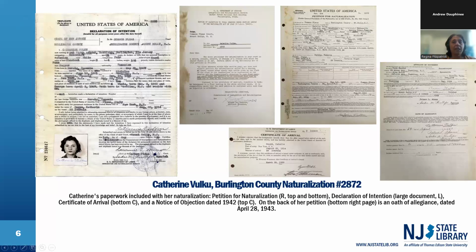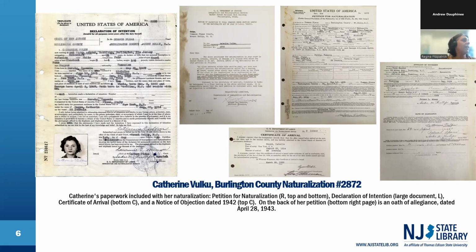Because we have her direct address and we have dates of significance in her life, we can then go to particular census years and trace her movements. In that case, what is interesting here is there's a notice of objection, and that's this document here, placed by the Commissioner of Immigration and Naturalizations to leave her petition standing and not have a final hearing to make her a